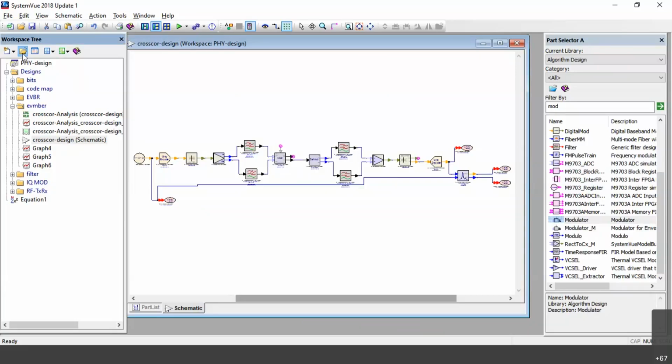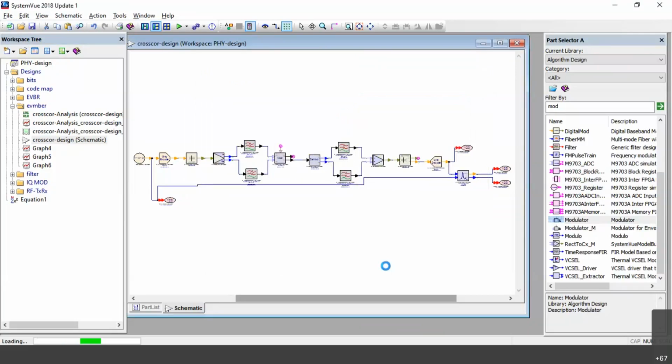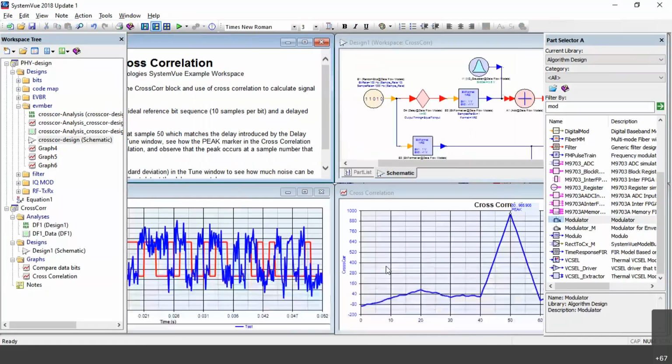Wait a minute. It's already here. Okay, this is a cross correlation. This is a signal, and this is the explanation. I just took an example. Fine.